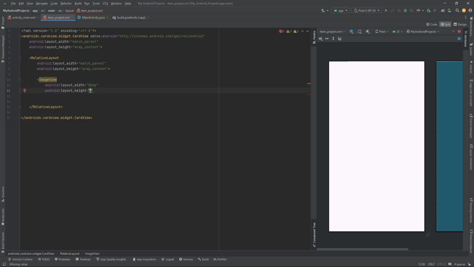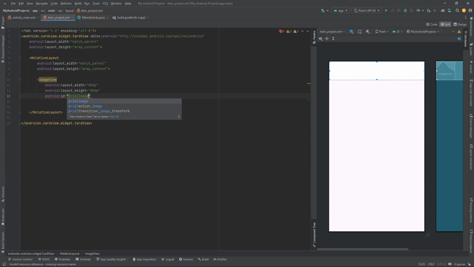We're going to go ahead and add an ID straight away. We want to be adding IDs not only for everything in the layout we want to configure in our code, which will be the picture and the text, but we also need IDs because we're working with relative layout. We're going to lay these things out relative to each other. So we need the ID to be able to identify the items. So the ID will be, don't forget to autocomplete that, plus ID, image underscore view underscore,